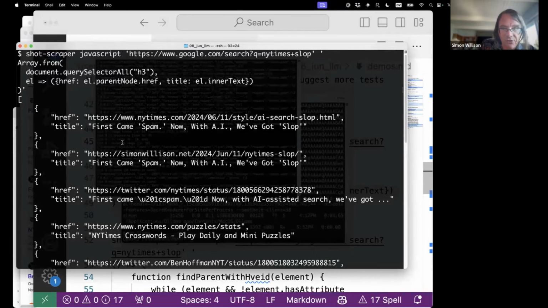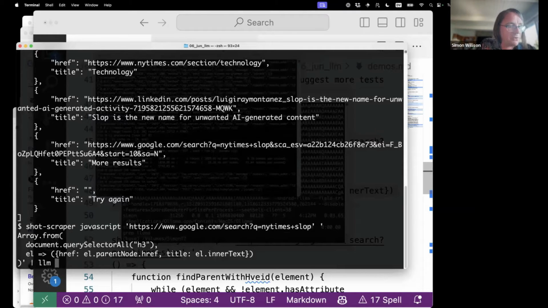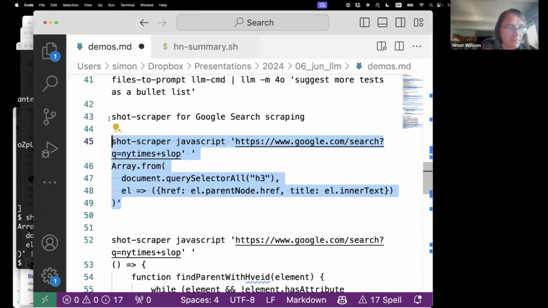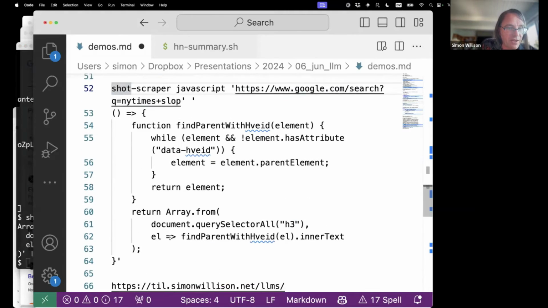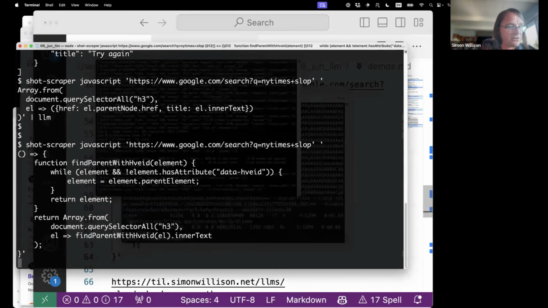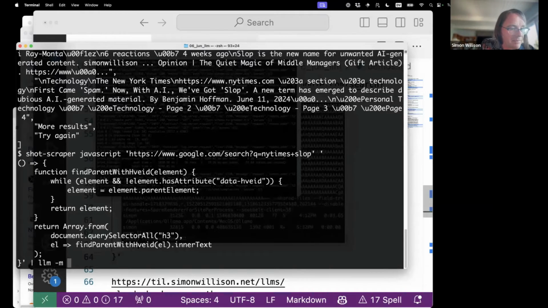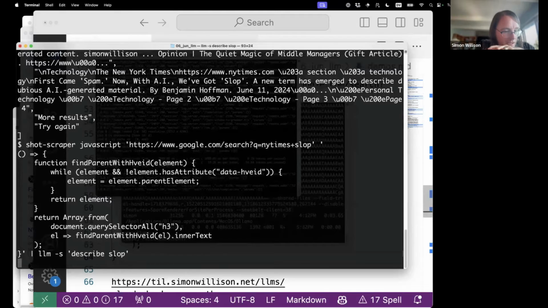That just gave me a JSON array of links to search results on the New York Times. And now I can pipe that to LLM. Actually, no, I'm going to do a slightly more sophisticated version of this. This one goes a little bit further. It tries to get the snippet as well, because the snippet gives you that little bit of extra context. So if I take that, pipe to LLM, and I'm just going to say -s describe slop. And